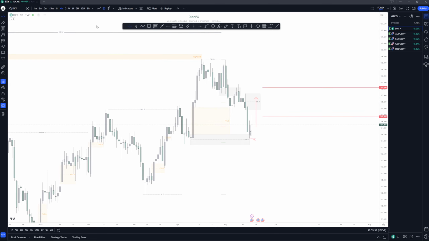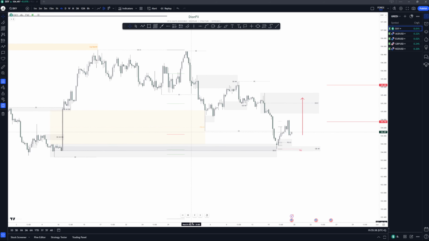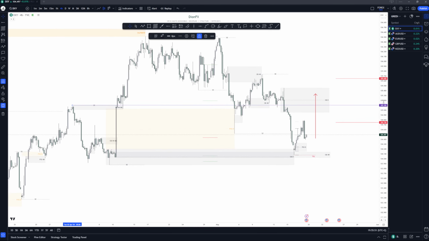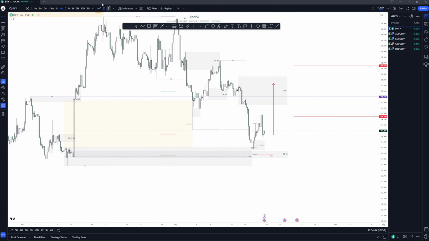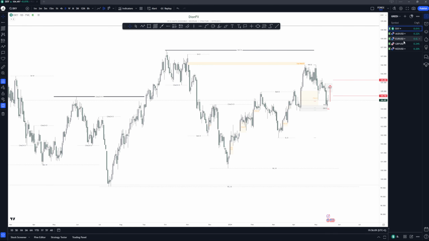Okay, on the 4-hour time frame, that's what we're having currently. We broke through the 105 level, which is this right here. So literally what I'm expecting for this week is a reclaim of the high right here. I would like to see price go up there and reclaim that level. And if we are able to close above the 105 level, it will give us more chances that next week will be a bullish week for the dollar. Okay, something like this. So in terms of bias, I'm bullish right now for the DXY, and with this in mind, we will talk about the other individual pairs that follow the DXY.